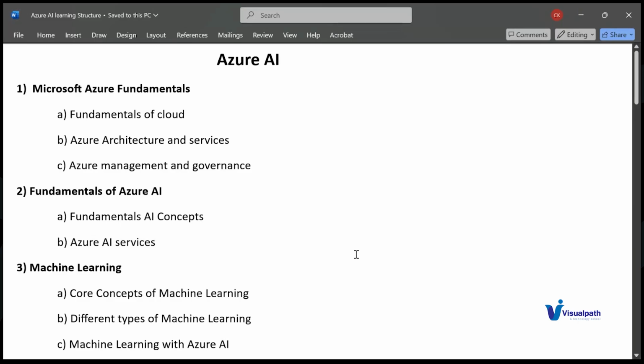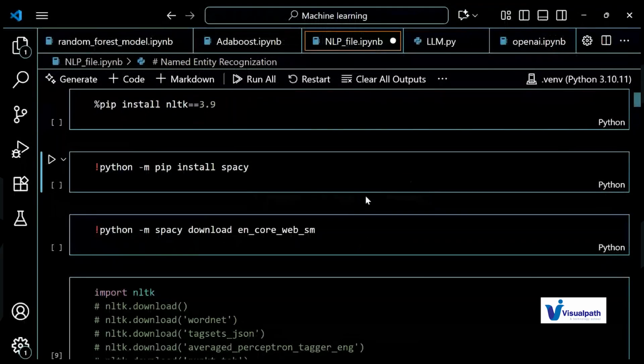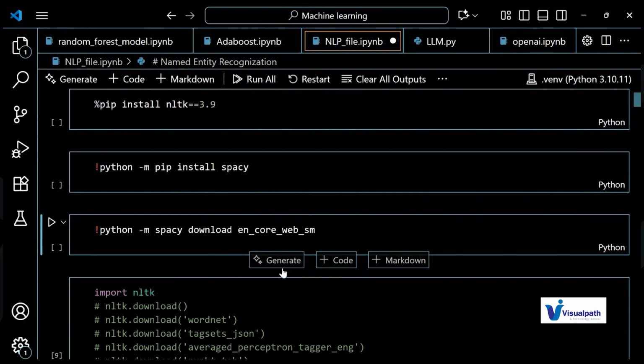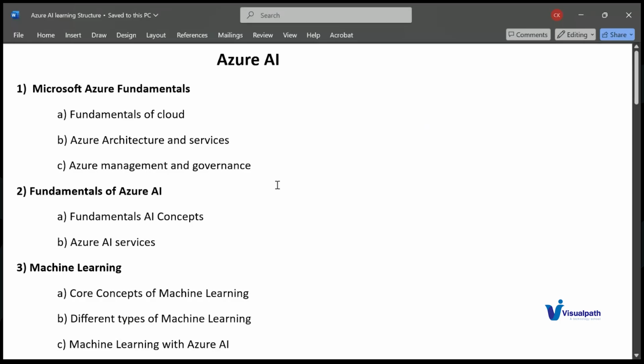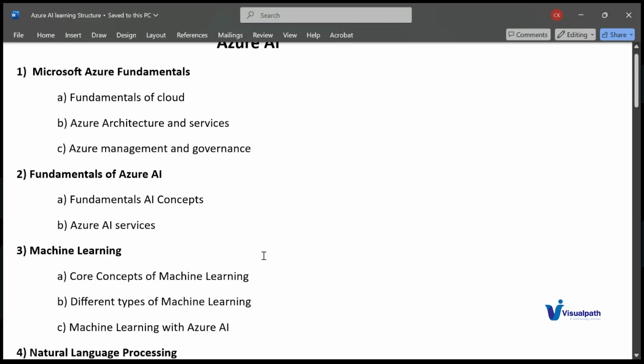We'll start from training, not just in Azure Studio. We'll also show you how to train locally, offline as well. I'll show you how to take a data set, how to train a machine learning model, and how to evaluate that. We will cover both: offline first, and then the Azure side, how you can implement the same process. I will be showing that under Azure AI Studio.